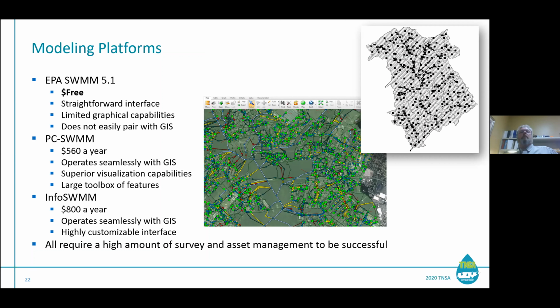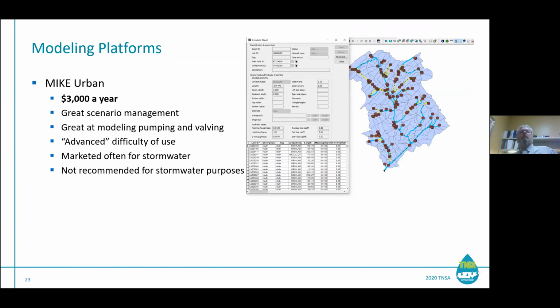But as you get into SWMM, it's going to take a lot more survey to get a meaningful model than it may for HEC-RAS, because you're talking about inlets and culverts and cross sections on a degree of terrain and drainage areas and developed areas that you didn't have to talk about with HEC-RAS. And the third one I'm going to talk about is my buddy Mike Urban,